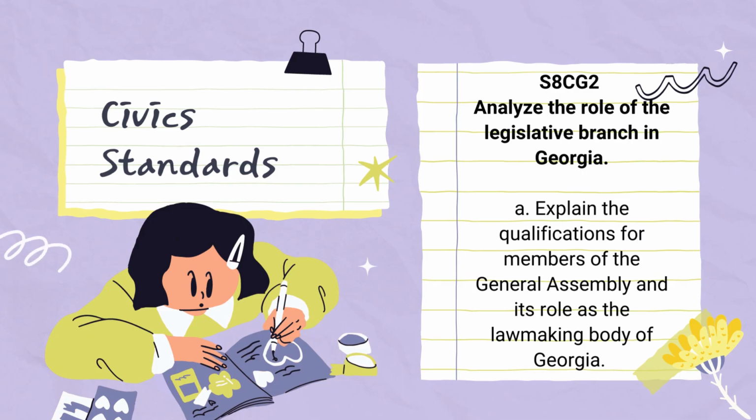But let's take a look at those civics standards specifically. And what I want to do is begin by looking at Civics and Government Standard 2, analyzing the role of the legislative branch in Georgia. Look, I get it. It is really hard sometimes to make those civic standards as engaging as some of our history standards. For a lot of students, this is the first time that they're closely analyzing the legislative branch in Georgia or really getting into state government.